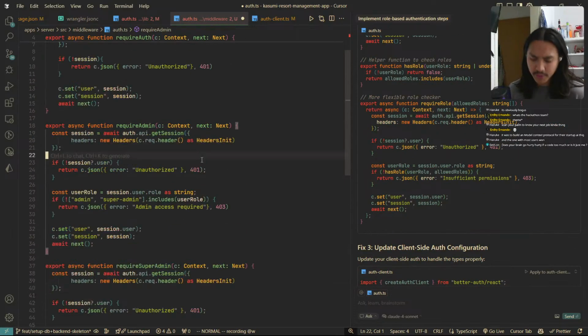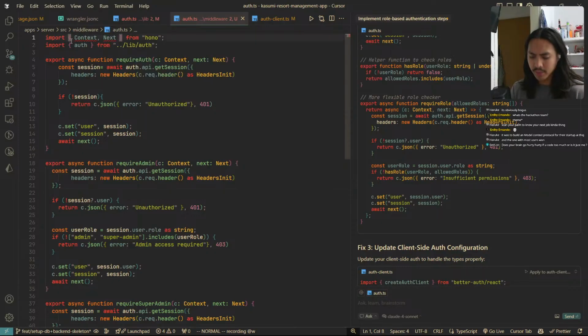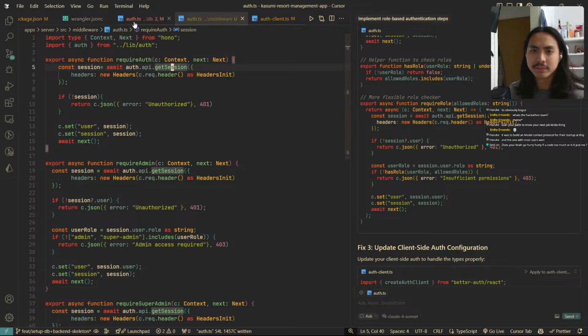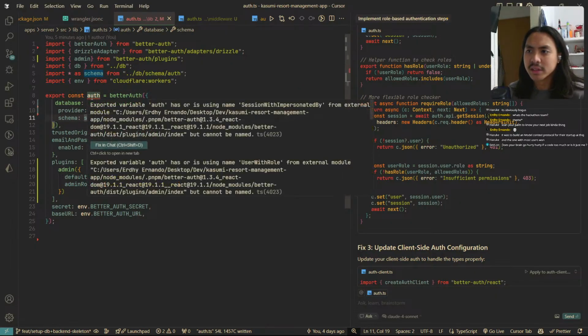Okay. It fixed most of the issues, just that the next is a type and must be imported using a type only import. Okay, import type. Like that. TypeScript, everybody. Okay, I don't understand this part because I already added the session with impersonated by inside of the